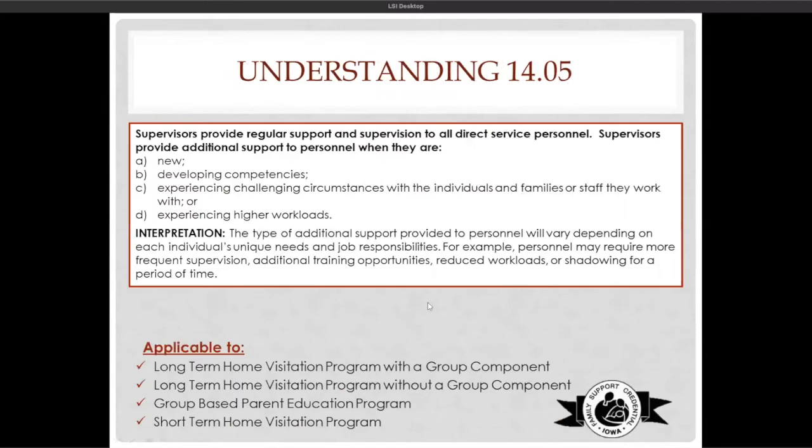Okay, standard 1405. This is the type of regular support and supervision that are provided to staff members. So supervisors provide regular support and supervision to all direct service personnel. That's kind of that first statement: all direct service personnel, or FS family support professionals, get that regular